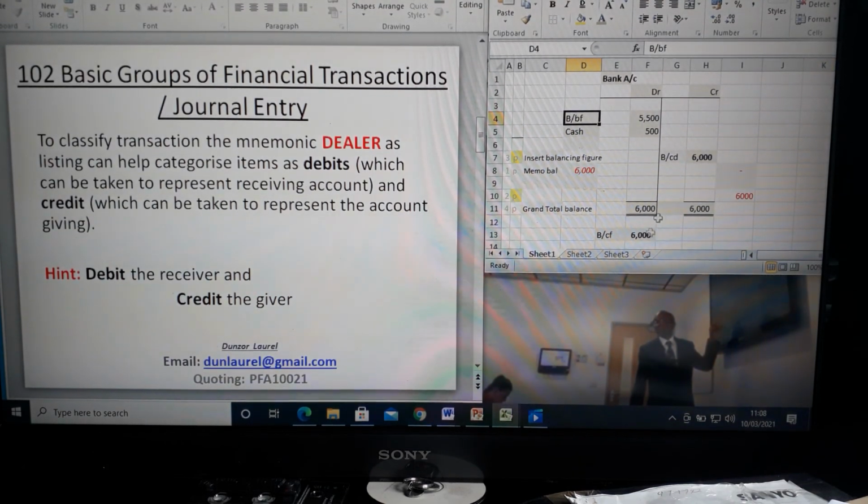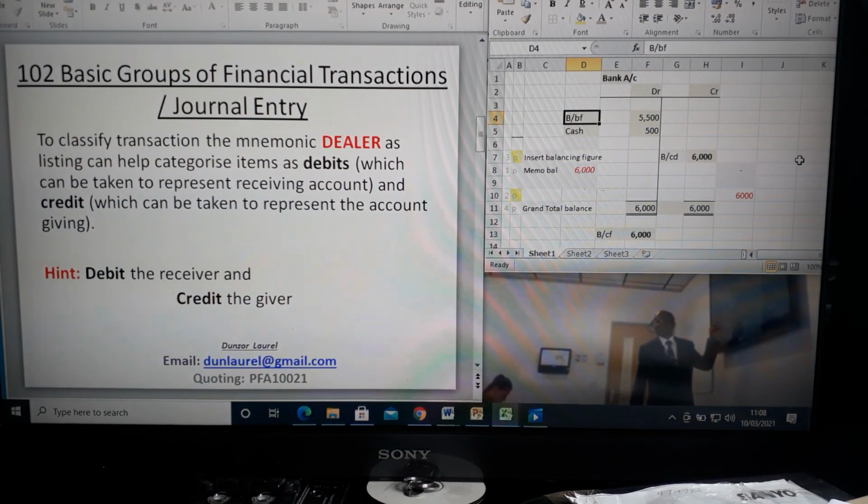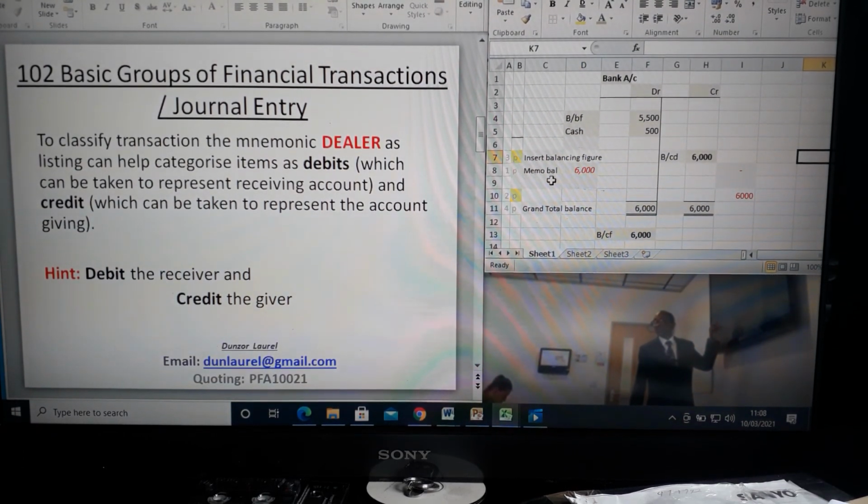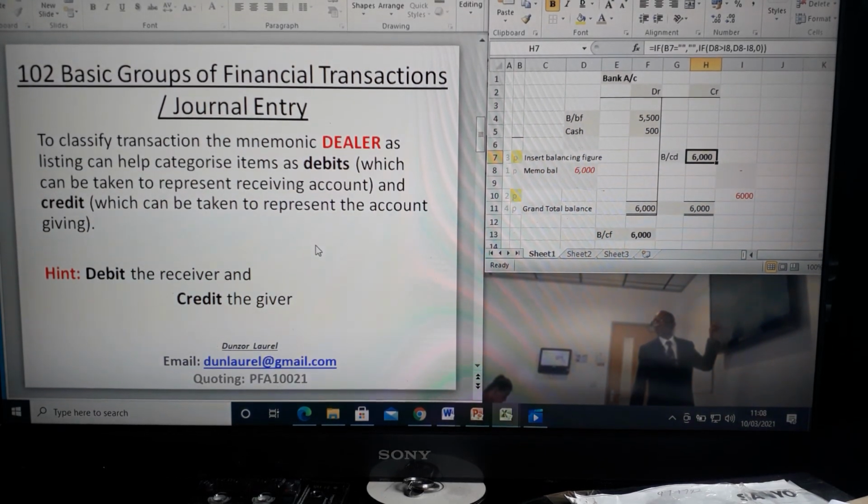Okay, that's how to do T accounts. Post the entry, insert the difference by checking, having a memo balance to know what the difference is. Then put the difference on the side that needs it, and then balance off the account. Right. That's just a quick one. We'll be dealing with that